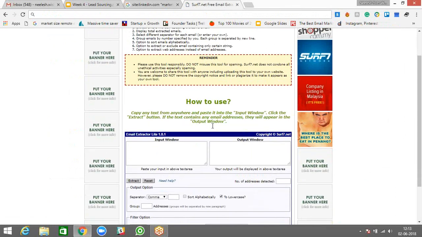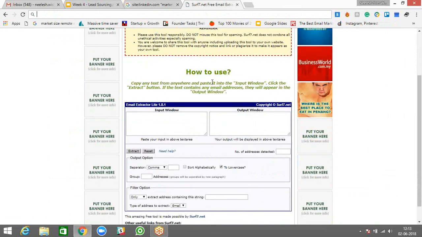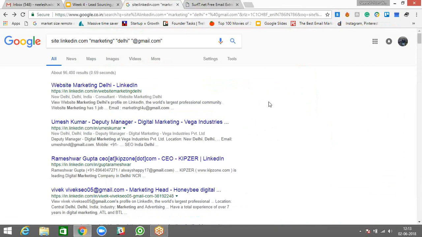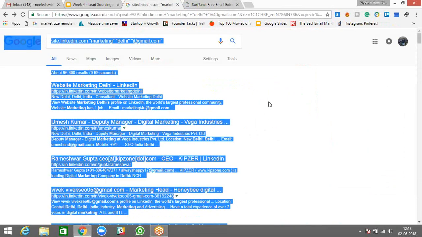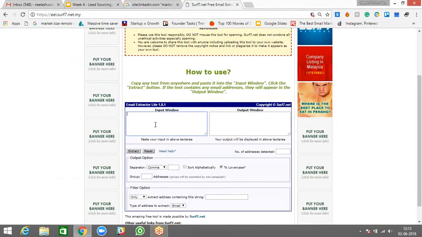How to use it? Copy any text from anywhere and paste it into the input window. Click the extract button. If the text contains any email addresses, they will appear in the output window. Very simple. I go, I press Control A, which means select all. I press Control C, that is copy. I tap here, Control V here.